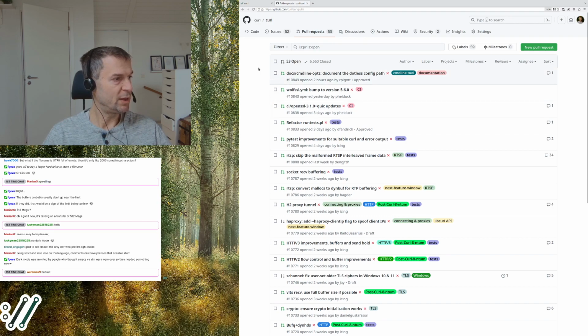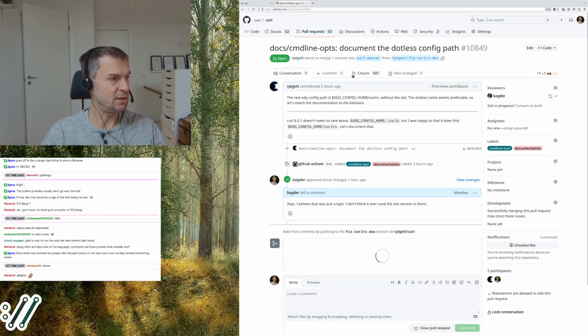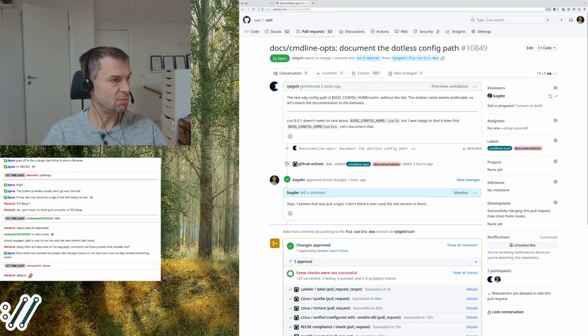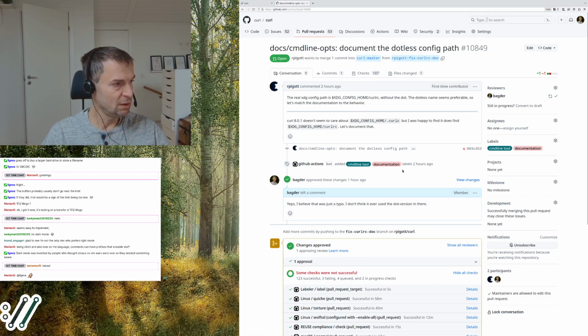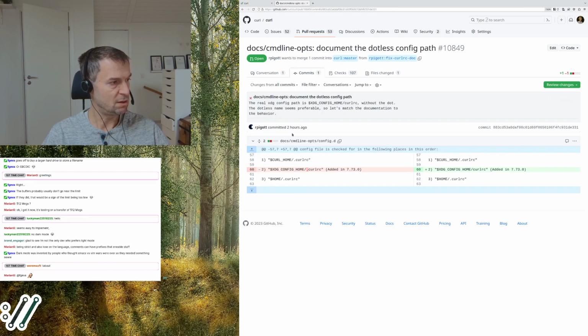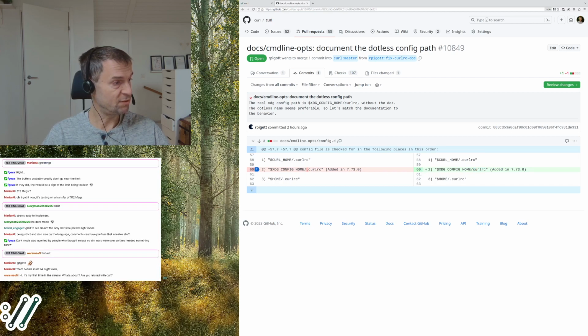Right, so here we are with other PRs then. So I fixed mine once. And okay, of course I know my own ones the most, but okay, there are others. And I figured this one was a great addition. First time contributor from Ronan Pigot. And of course, this points out a mistake in the documentation. For the config option, it just documents where it finds the curl RC file, and then actually points out that it shouldn't be the dot in there, it's actually dotless here.